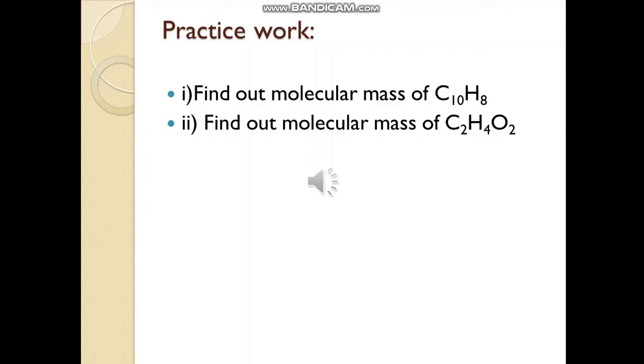For your practice, I am going to give you different questions. First of all, you have to find out the molecular mass of a compound containing 10 atoms of carbon and 8 atoms of hydrogen. Another question, you are going to calculate the molecular mass of a compound containing 2 atoms of carbon, 4 atoms of hydrogen and 2 atoms